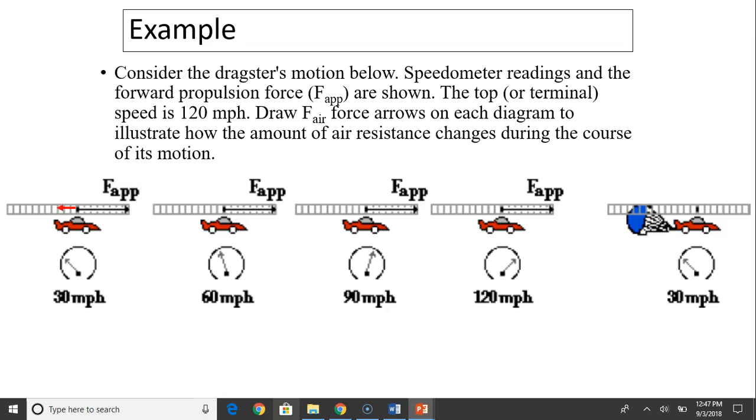of its motion. As it moves at 30 miles per hour, it will experience air resistance opposite to your propulsion force. As you increase your speed, air resistance increases. When you reach 120 miles per hour, the air resistance equals the propulsion force. This is because 120 miles per hour is your terminal speed. Now finally, when you withdraw your propulsion force, the only force